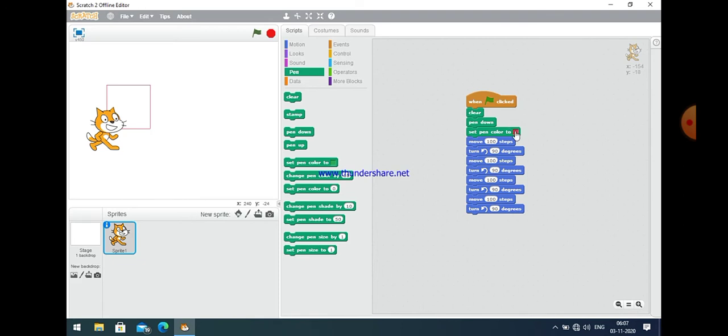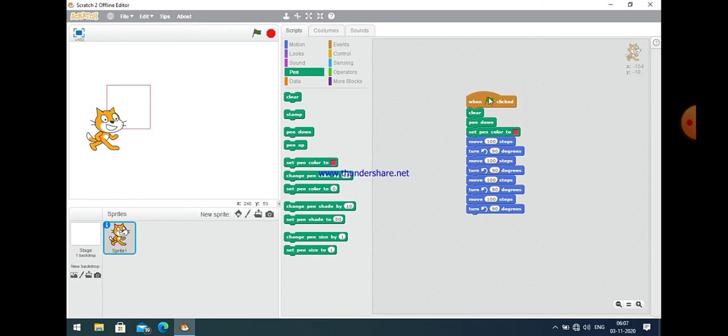Okay, you can make a rectangle also, but for this purpose you have to change the number of steps in the first and third. There are 4 groups of move and turn, so you can change the value of the first and third, or the second and fourth.